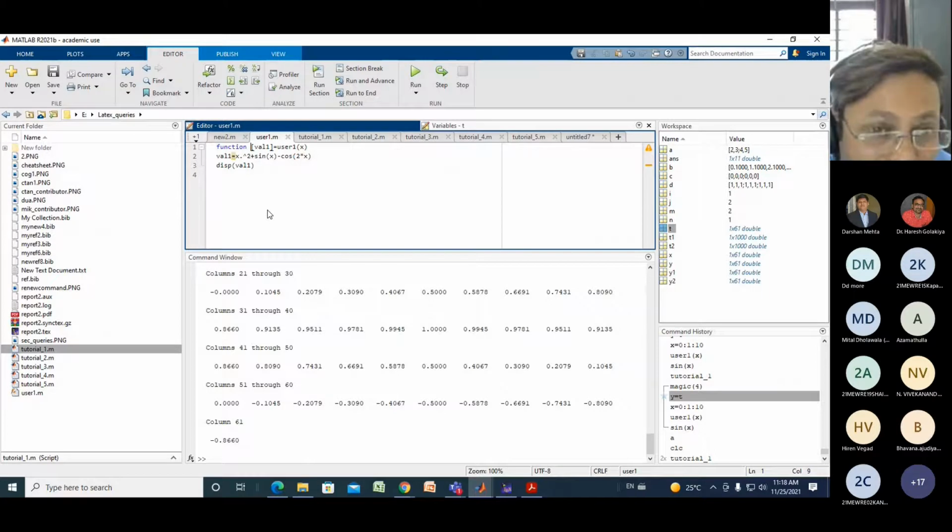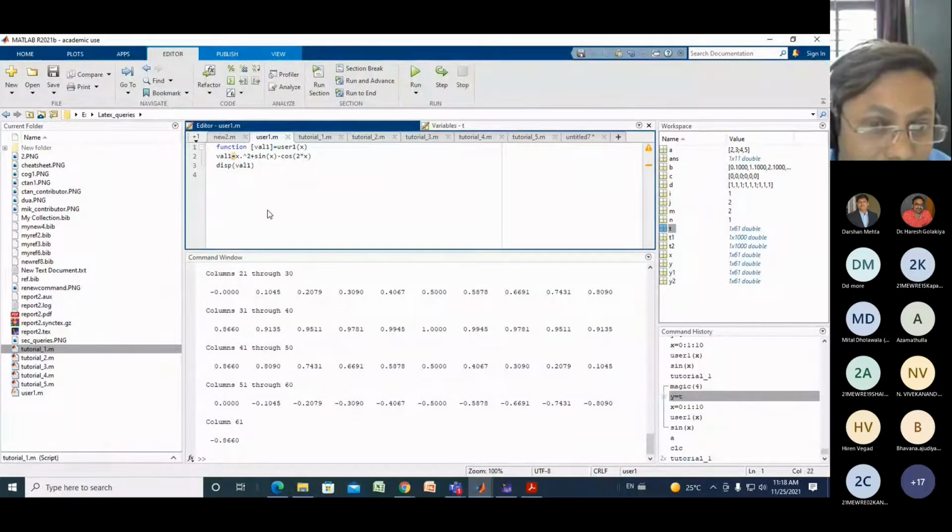Okay, now what is the syntax of this function file? This function file starts with the keyword function. Along with the function, you will have an output argument. What do we mean by the output argument? It is the value I need to calculate. I have written value 1, so I need to calculate value 1, and this will be my output. Then there is the name of your function file. I would save this function as user1. User1 means some user has created this function file.